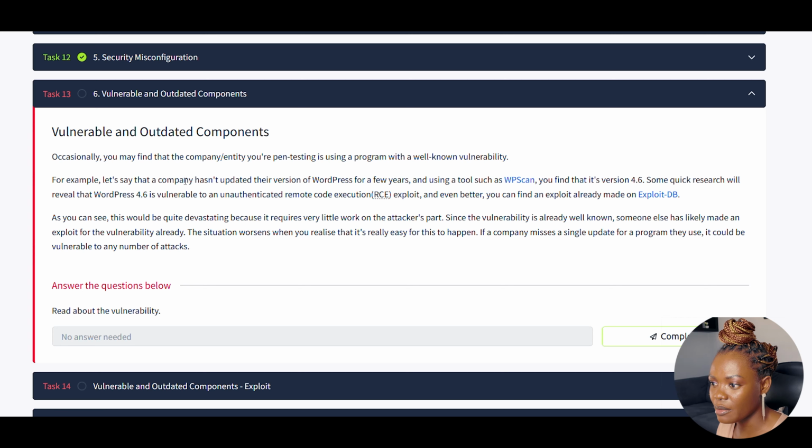So for example, a company did not update their WordPress for a few years, and when you look at it using a tool like WPScan, you will see that their version is 4.6. A quick research would reveal that 4.6 is vulnerable to unauthenticated RCE, remote code execution exploits. So there is a database that you can use to check these exploits. I'll be showing that database when we get into the lab, but this is just an example to show